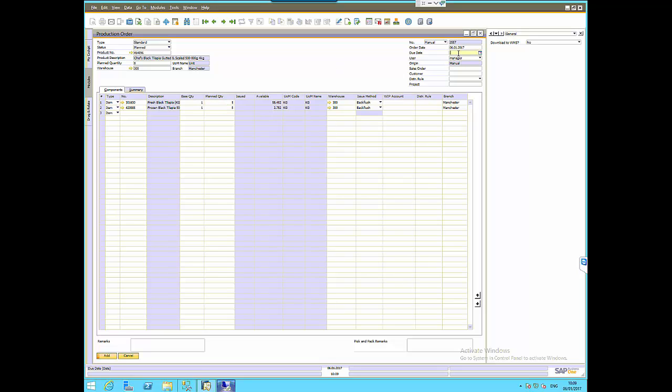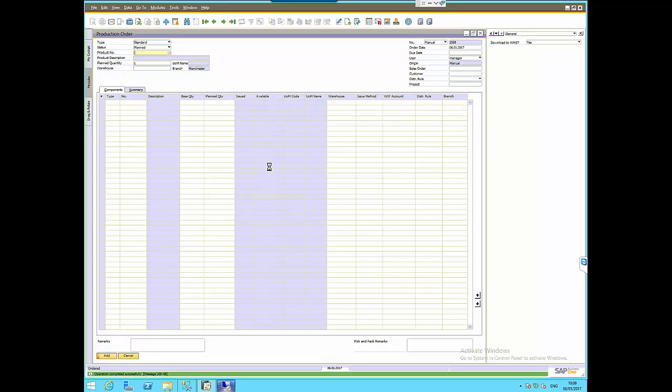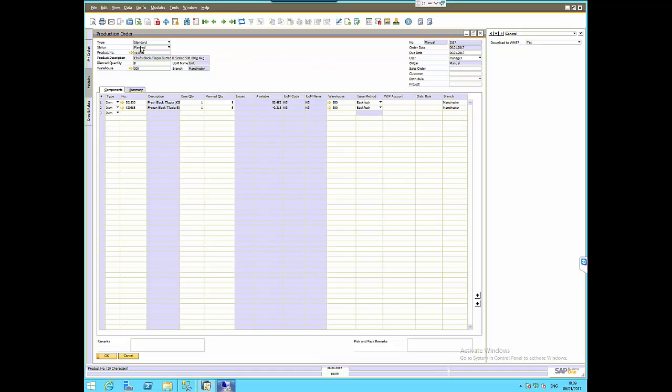We need to add a due date here, put in today's date. Download to WMS, we set to yes. And then we can add the order. Okay, I need to go back to my order because I need to set the status as being released, else it won't download. So go in here, the top status, it is released, update it. The order will now download to the WMS, so we can take a copy of the number 2557, remember that,